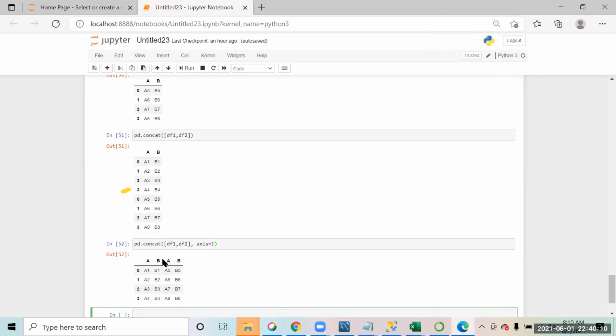Can we concat two columns to make a third column? Yes, you want to add a new column. Yeah, and the value should be A5, B5, like the last two columns, but they should come together, A5, B5, A6, B6, like that.